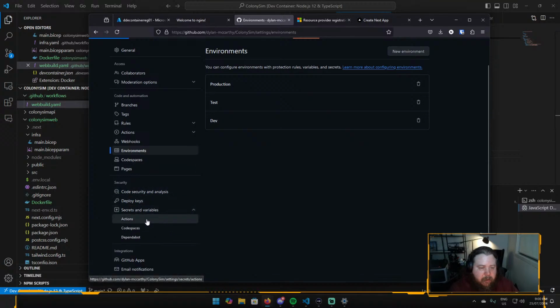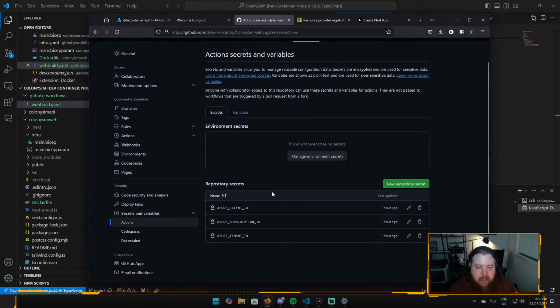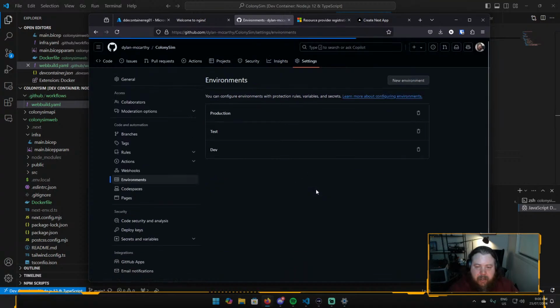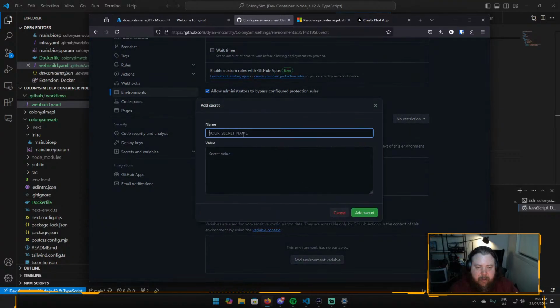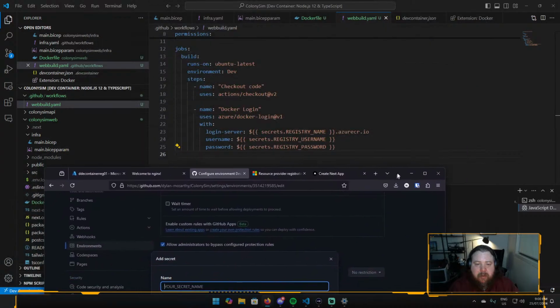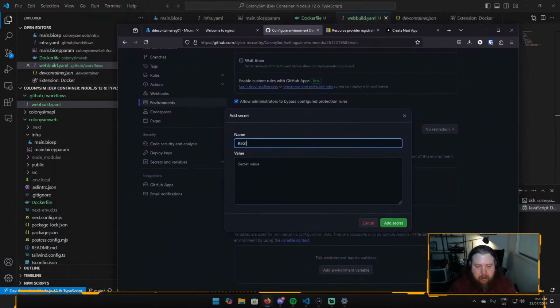We want to go into our secrets and variables, and manage an environment secret for dev. Add environment secret, and we will call this one, what did it want to be called? Actually, it wanted to be called registry name,